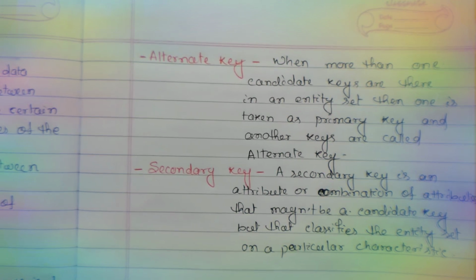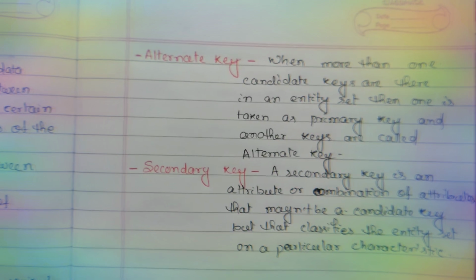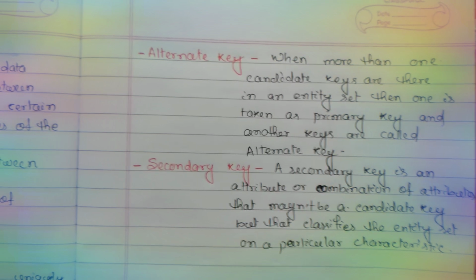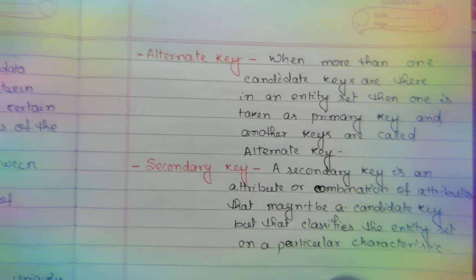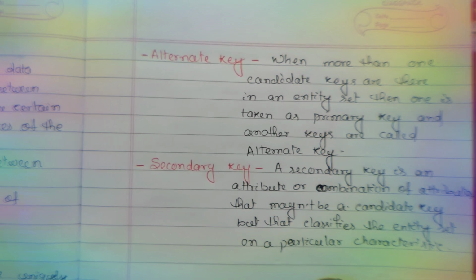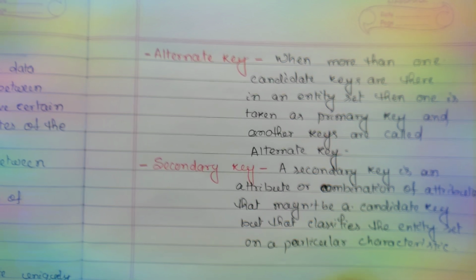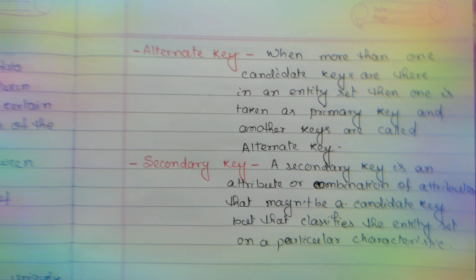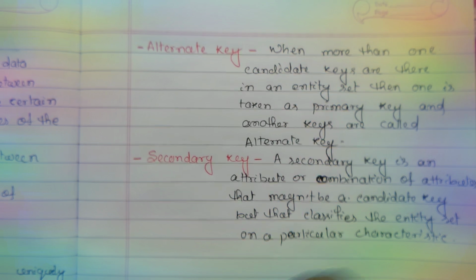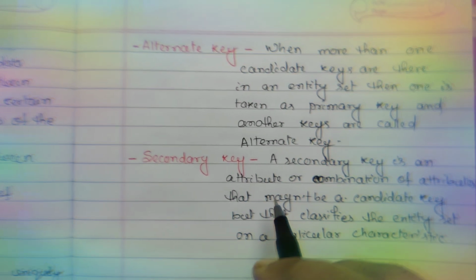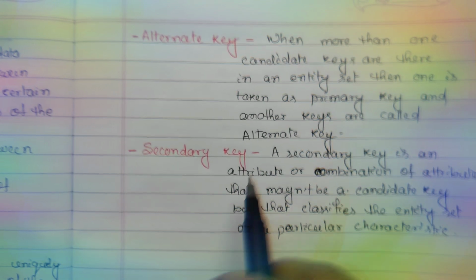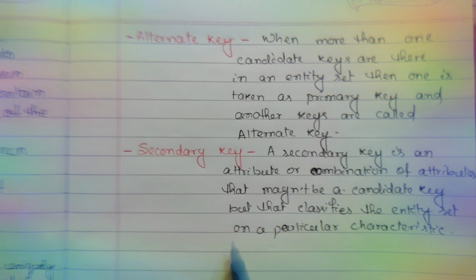So if we are telling one person is from that department, that means we can identify that employee by their department. So in that case, that type of key is called secondary key. That is not a primary key, that may not uniquely identify that person, but can be identified by its department. So in that case, that is called secondary key.